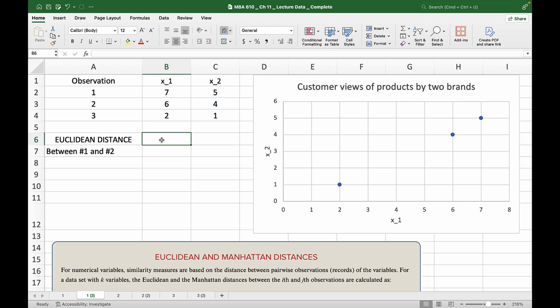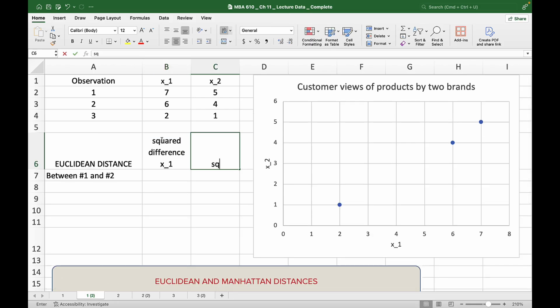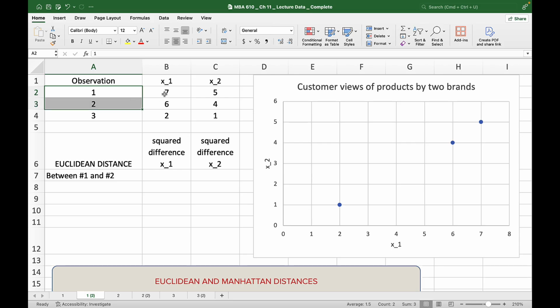So we're going to look first at calculating the squared distance, or the squared difference, with regard to x1. And then I'm going to calculate the squared difference with regard to x2. So variable 1 and variable 2, the difference with regard to variable x1, so the number of products they viewed